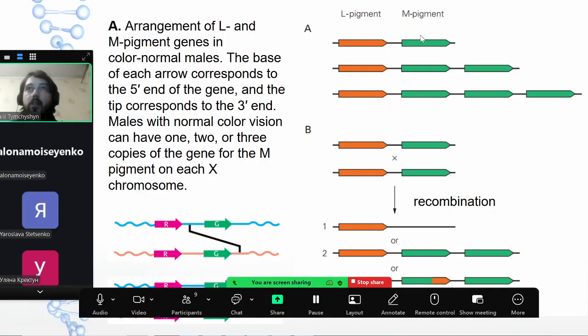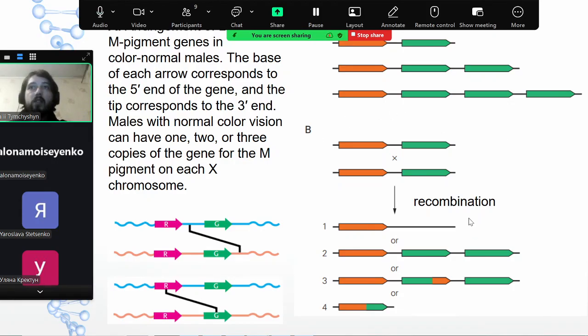Here you see this is the normal case. So consider just one X chromosome. You might guess that men will be much more affected with color blindness than women, because we have only one X chromosome, so if something goes wrong there, there is no other X chromosome to substitute, so no chance to fix anything. And here is an example of the X chromosome of a normal male, so it may have one L pigment and one M pigment, or one L and 2M, or one L and 3M, so these are all okay, so any of these things are pretty good.